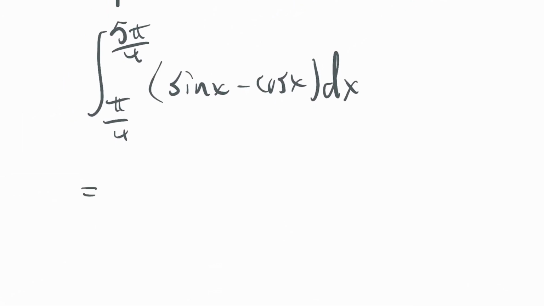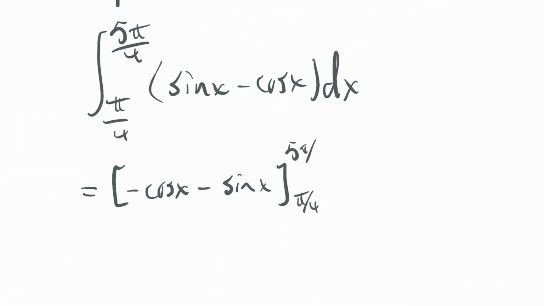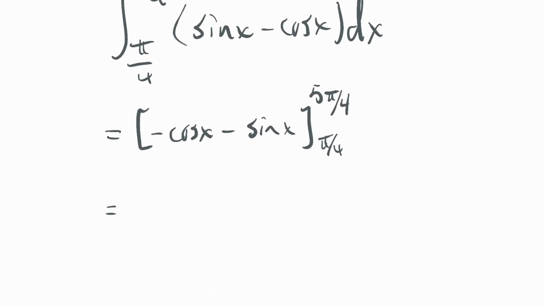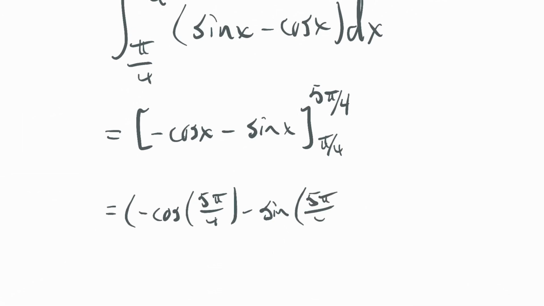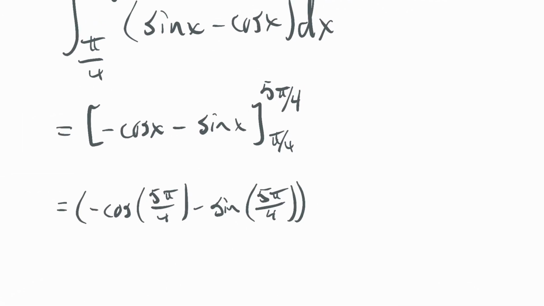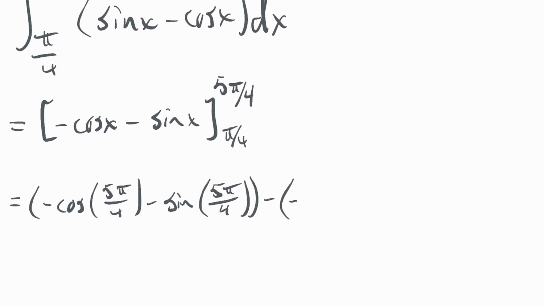So I'm going to find my antiderivative. Well, my antiderivative of sine, that's going to be a negative cosine, right? Minus the antiderivative of cosine, which will be sine. Right? And I'm evaluating at pi over 4 and 5 pi over 4. I have to remind myself to not try to write quickly because my handwriting gets really bad when I try to write quickly. So negative cosine of 5 pi over 4 minus sine of 5 pi over 4. And then minus negative cosine of pi over 4